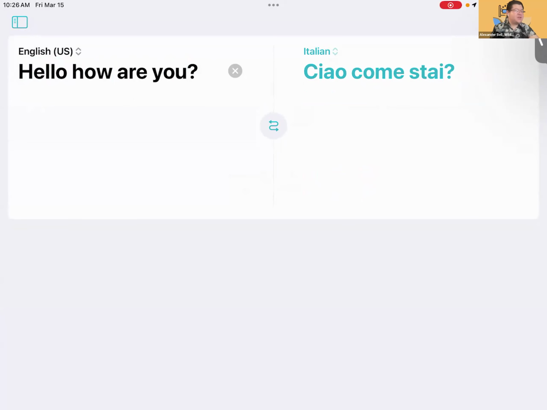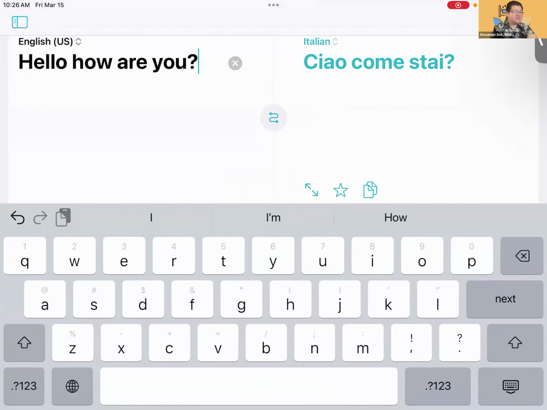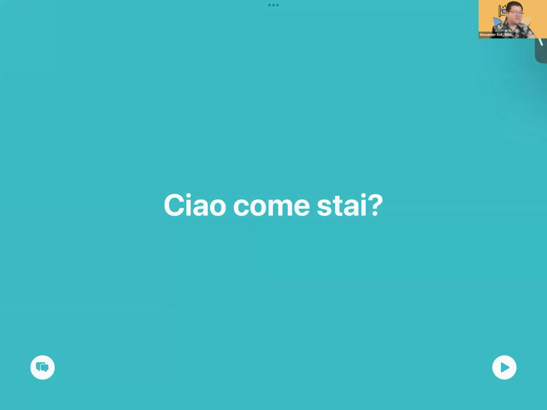And then you notice when I'm in the translation, some icons appear on the right hand side towards the bottom. The first one looks like two arrows pointing away from each other. That just makes it big. If I play,